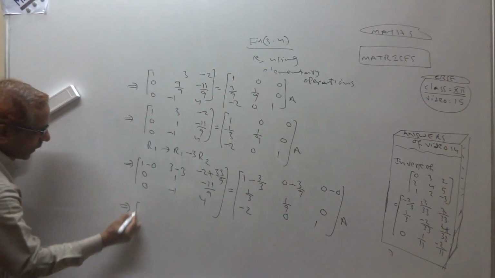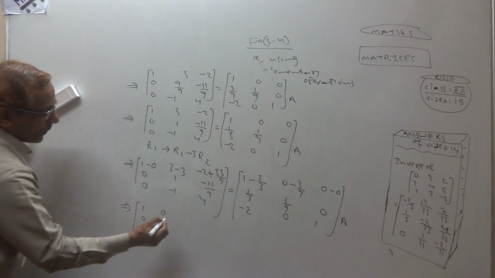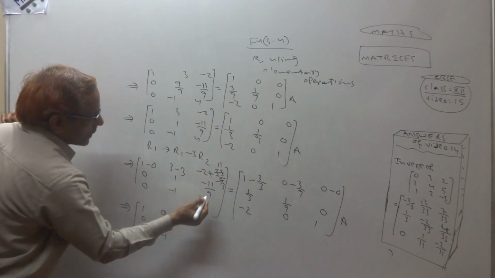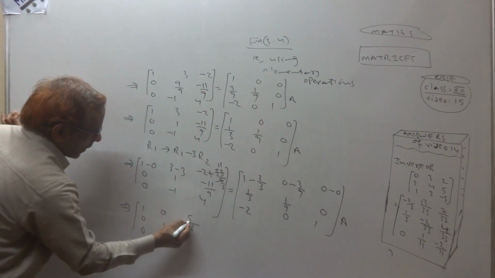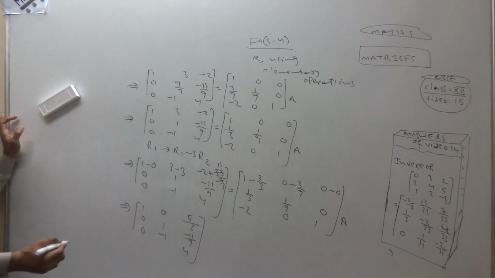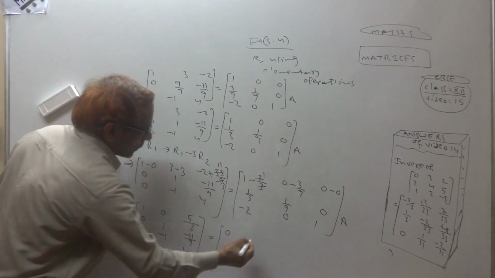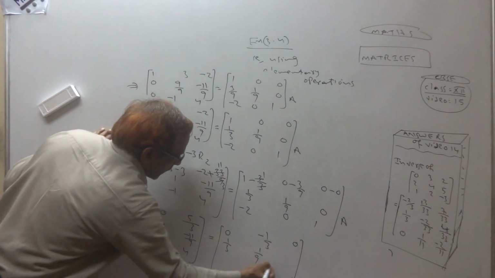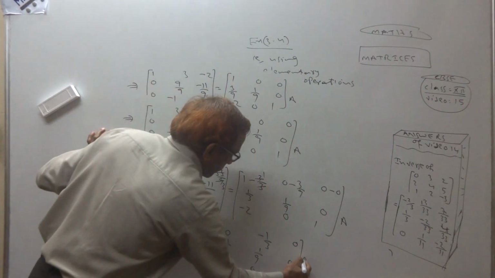Next step, what we are getting? 1 0 0. This is 0 1 minus 1. This you can cut it. 3 ones are 3, 3 twos are minus 6, 11 minus 6 is 5, and everything same, right, is equal to 3 3 cut, 1 1 minus 1 0, 1 by 3 0, 1 by 3 1 by 9 0, minus 2 0 1, and this is same.